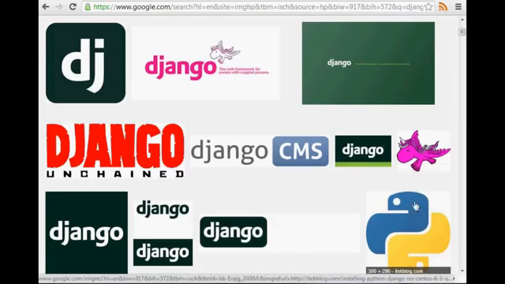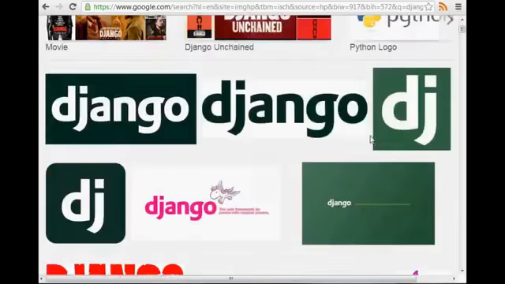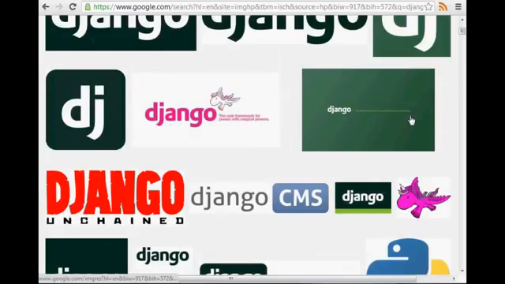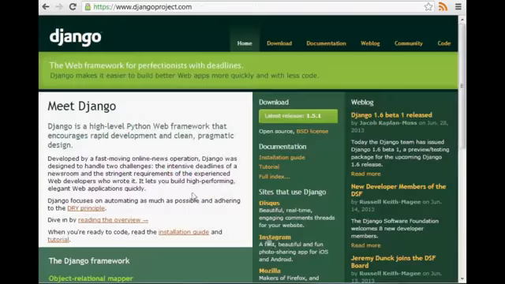It was a flying unicorn. It was pretty badass. And for whatever reason, they've decided to move away from this. Personally, I don't understand it. I think it was really professional, but anyway, this is what you're working with, guys. You're working right alongside this little flying pony unicorn thing.